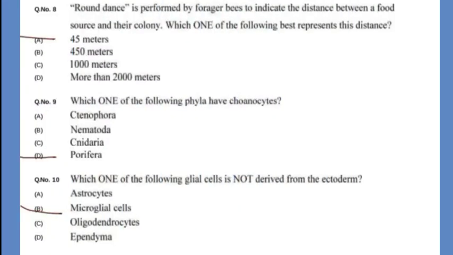The round dance is performed by forager bees to indicate the distance between a food source and their colony. Which one of the following best represents this distance? The question is on bees. For bees,